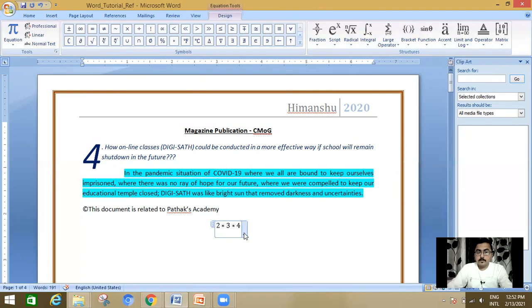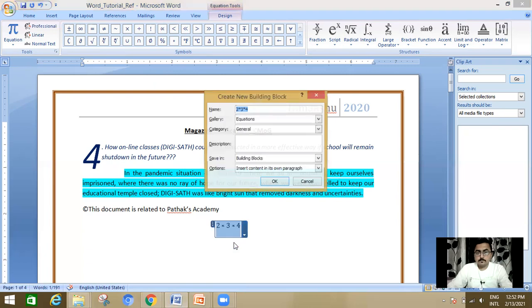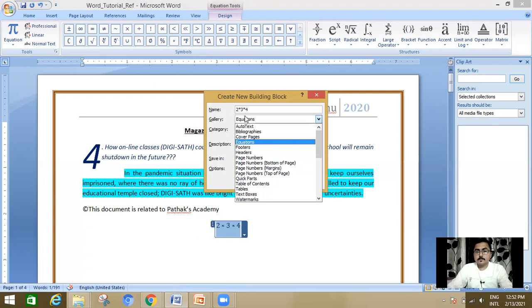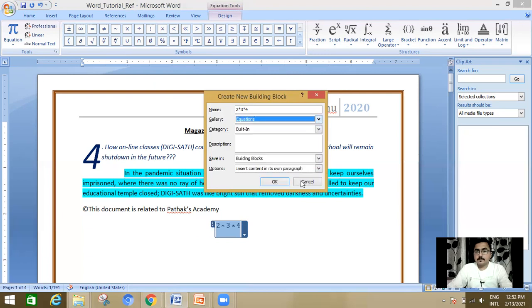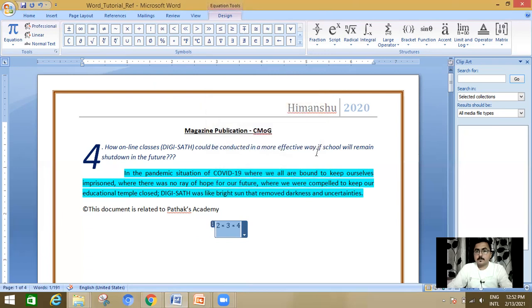Okay. Save as new equation. Name of the equation you can write down. In which category this equation will be underlined, you have to choose, and many more. Okay. There are various structures, various equations you will see.